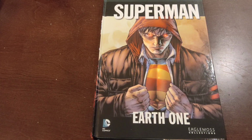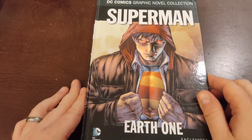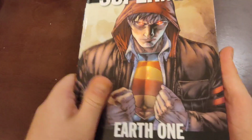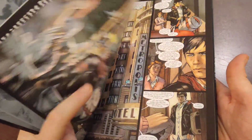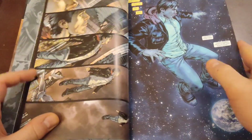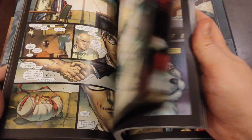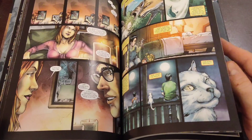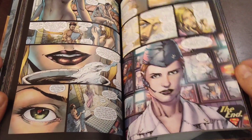Okay, so after I remove the wrapping here, you can see I have the Eagle Moss collection of Superman Earth 1. Now, this was actually released in 3 original graphic novels. Just to start off with, the fact that I got 3 of these for $5. This whole book, I probably should have looked it up beforehand. I could imagine this book going for at least like 40, 50 Canadian, which is basically what I paid for